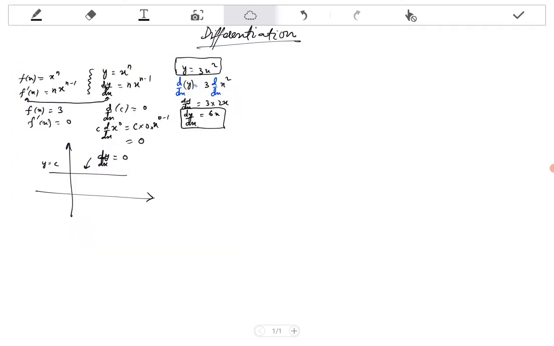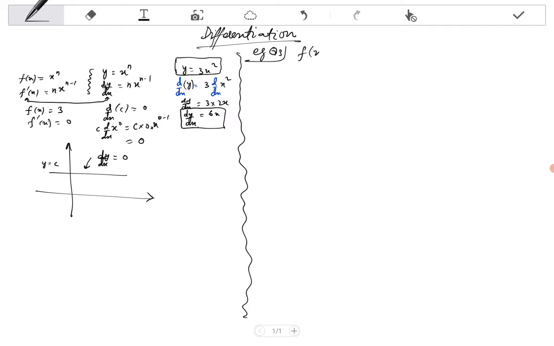I am going to solve one complete question, in which we find out the gradient function, and then we find out the turning points of the function and then the nature of the turning point. Let's take some example question here. Example question: